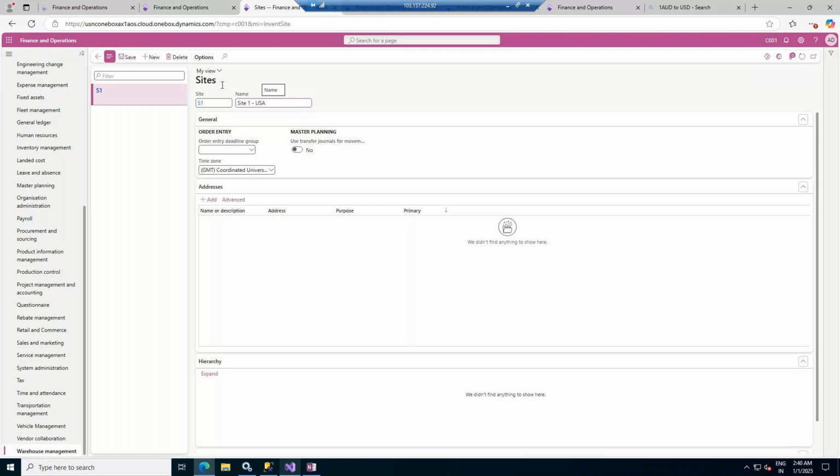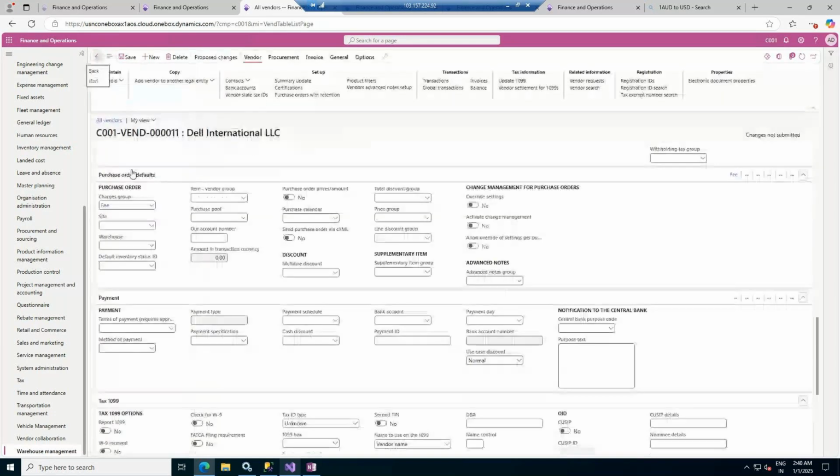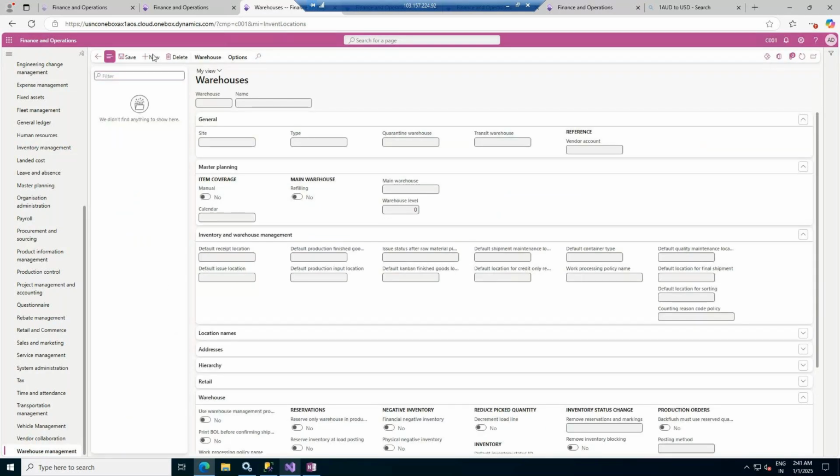Within USA there will be four warehouses that I'm going to prepare. Now I will go back. I will use the site 1. Now I will go for the warehouses. So, view details. Within one site you can have a number of warehouses, as I told you. So for the warehouse, I will go for the